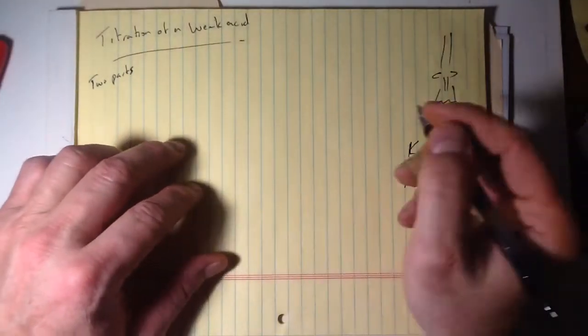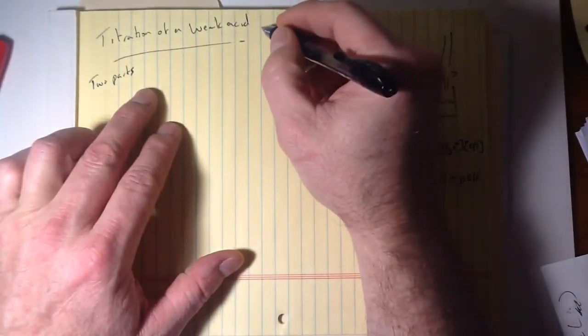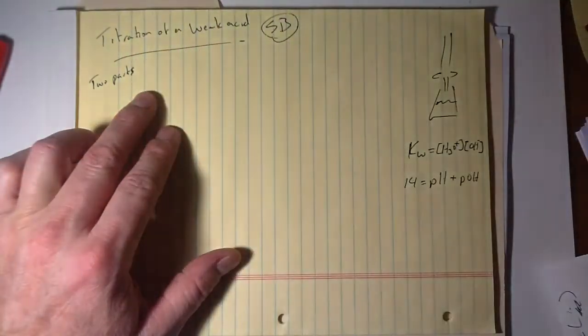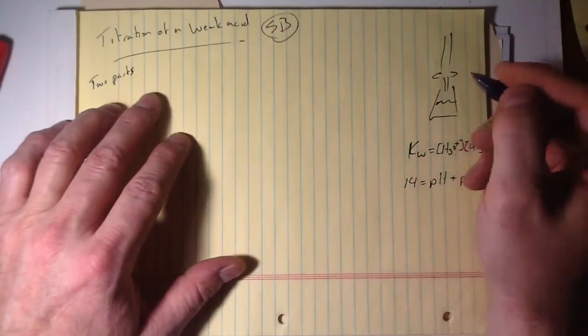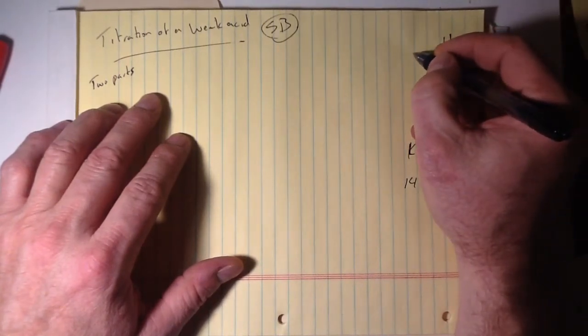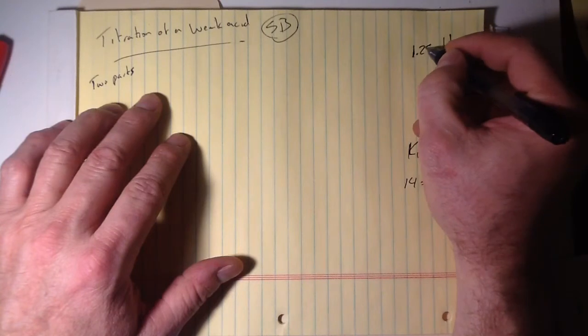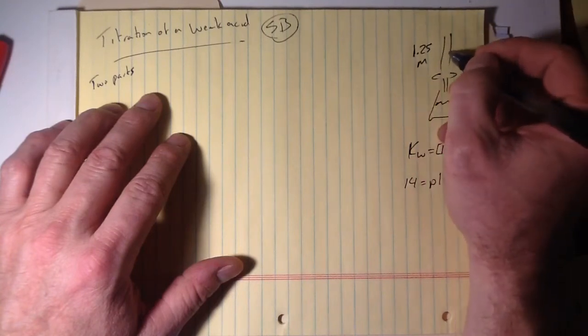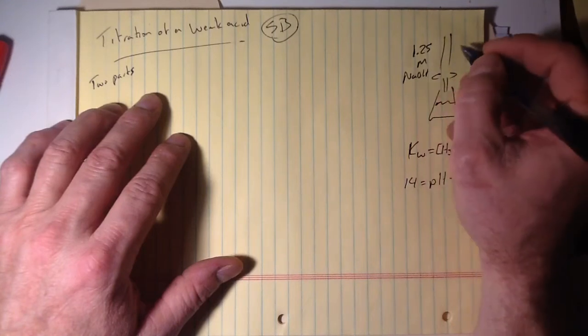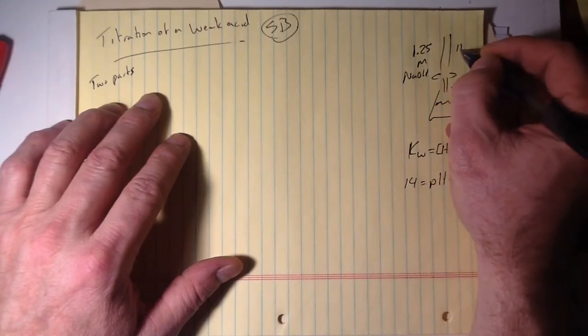In this video I want to look at the titration of a weak acid using a strong base to titrate that. I have not written it in text, but let's just look at it as it would happen in the lab. Let's say we took a 1.25 molarity solution of our sodium hydroxide and we titrated until we got to, let's say, 117.5